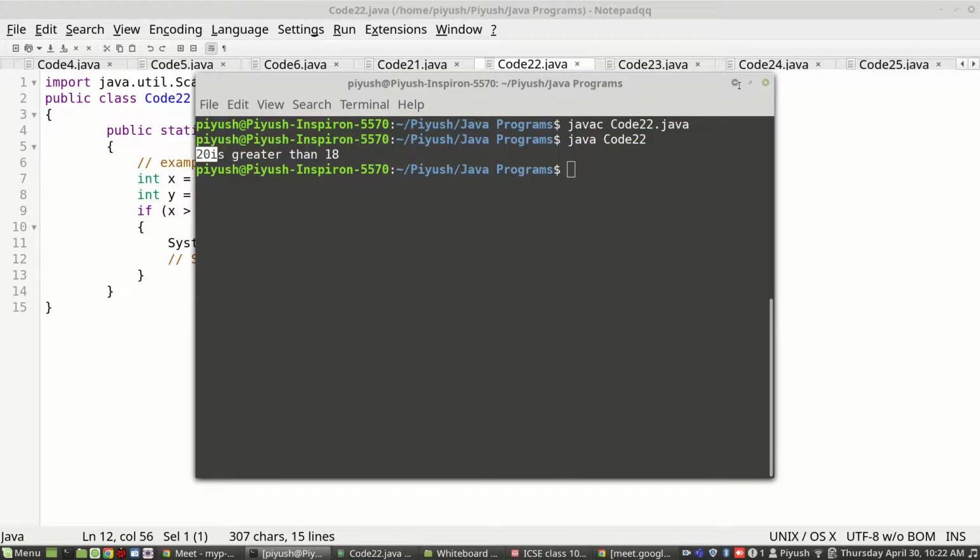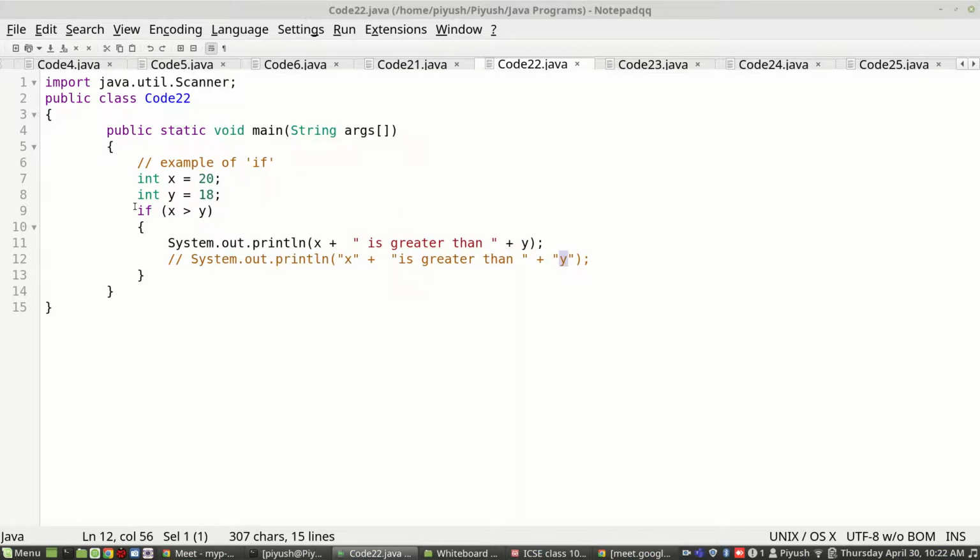So be very careful when you are using the variable name, that is the identifier, without quotes and within quotes. If you are writing it within quotes, then it will be treated as a message and it won't fetch the value from the variable. It will just be assumed to be a message.